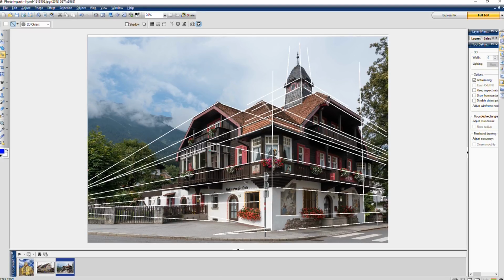That will go through down to that vanishing point. This little balcony on the top here too. That one will also run down into